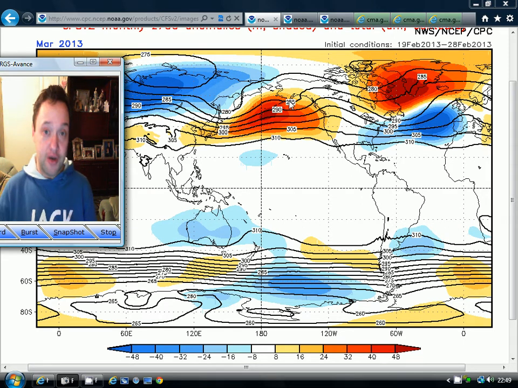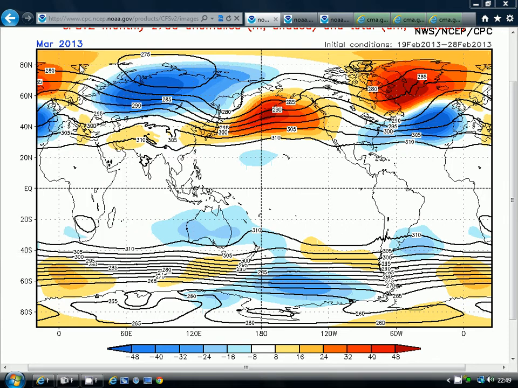So we're going to go on now to have a look at March, and first of all we're going to start off with the 700 millibar height anomalies from the CFS version 2 model. I'm not sure why it's still version 2, because there's no version 1 model anymore, so it really is just the CFS model. These are the 700 millibar heights, as I say. This really is indicating pressure in the atmosphere. It's the same idea as the 500 millibar height anomalies that I use for my everyday videos, where we've got the orange and red colours. That's where we've got above average heights at 700 millibars. Where we've got the blue colours, that's where we've got below average heights at 700 millibars. And those two areas are extrapolating to higher than normal pressure and lower than normal pressure.